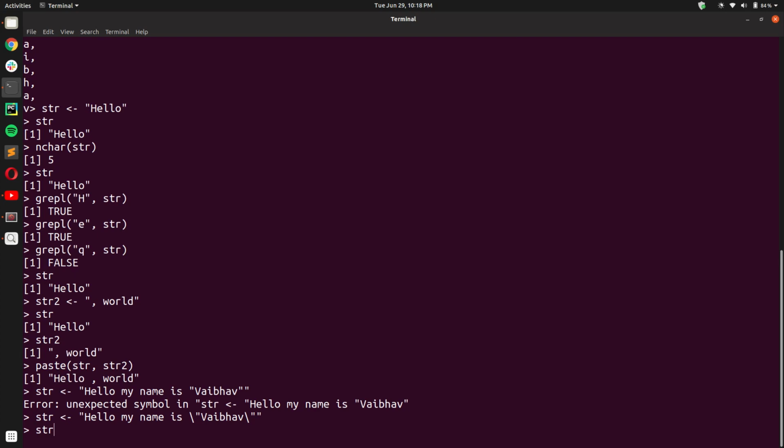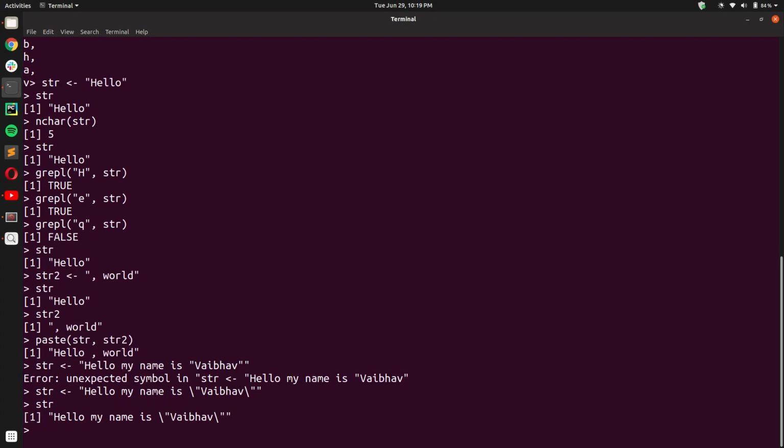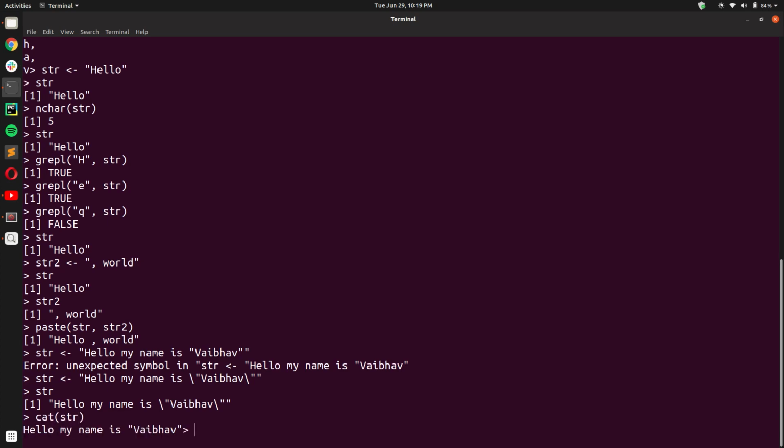And when I print the value of str, I get hello, my name is backslash double quotes Webov backslash double quotes. Much like we discussed before, we can use the cat function to view this without the backslash symbol.